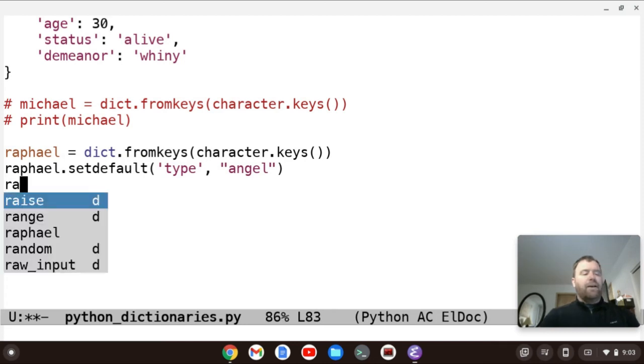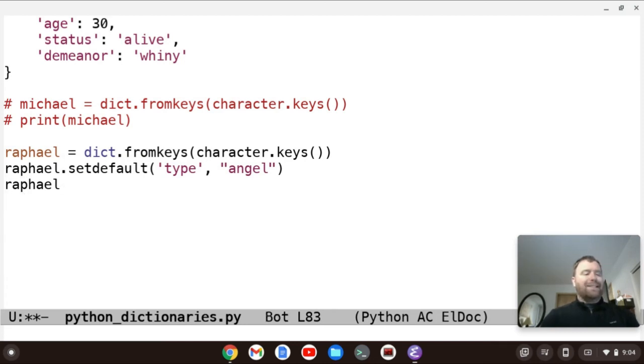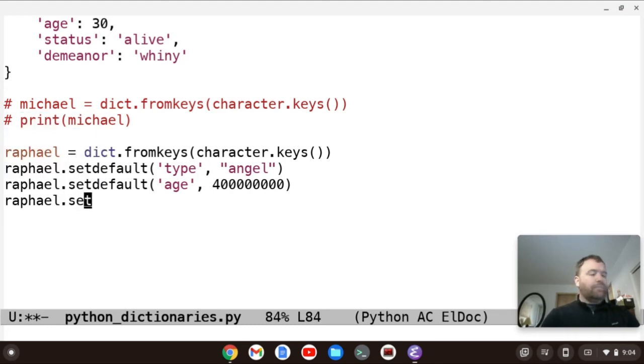Raphael again, setdefault, age, and we'll give them the same age as Castiel, so 400 million years. Raphael again, setdefault, status, dead.